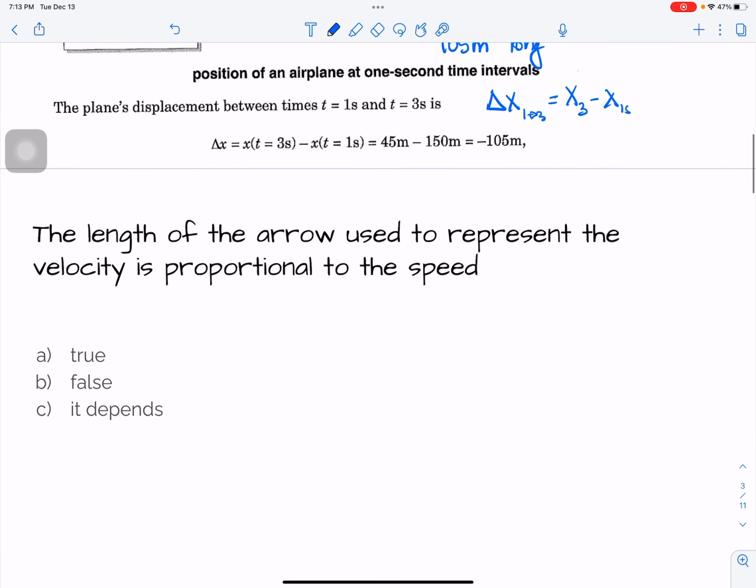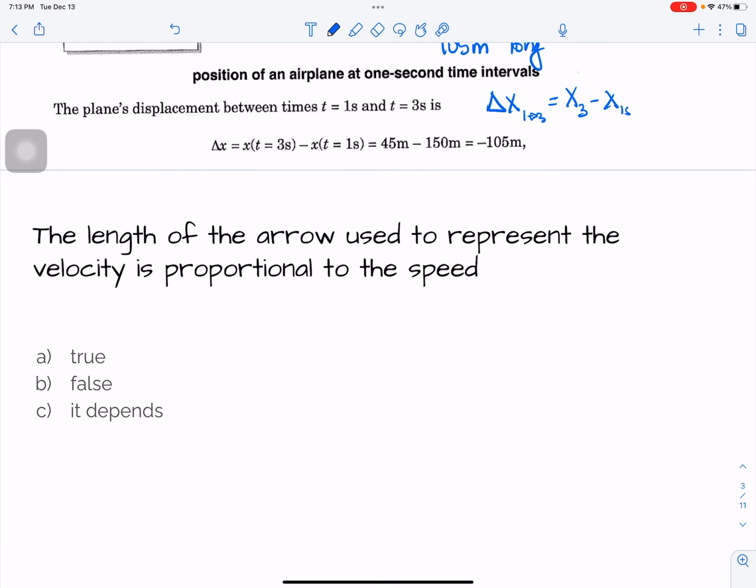Okay, true or false? The length of the arrow used to represent the velocity is proportional to the speed. And that would be true. So when you are drawing vectors, if you have one velocity, I'm just making these numbers up, that is 2 meters per second, and then another velocity is negative 4 meters per second, what they should look like is